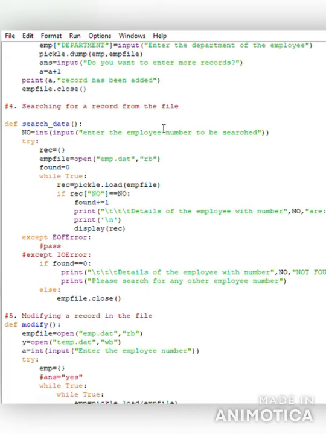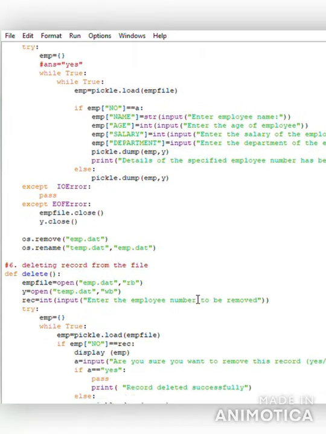Now the file handle is opening the file in read mode. If the searched employee is found, the details of that employee will be displayed, else it will show that the details of the searched employee are not found, and then the main function will be executed.